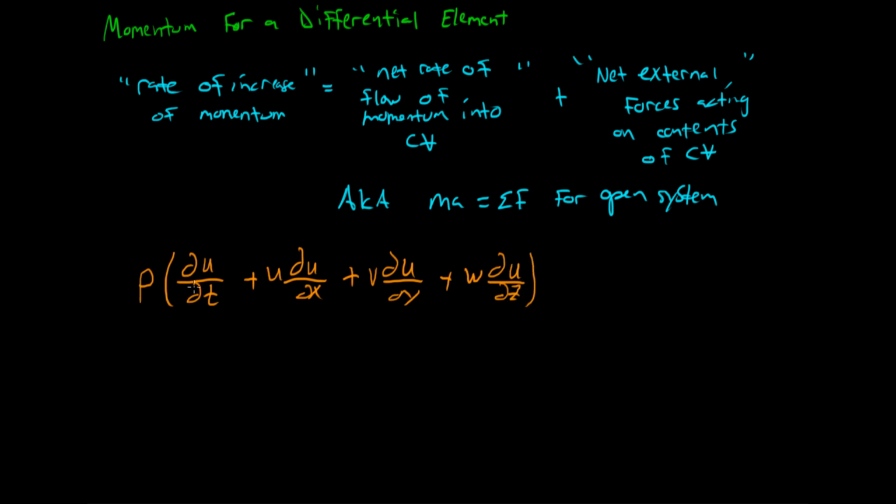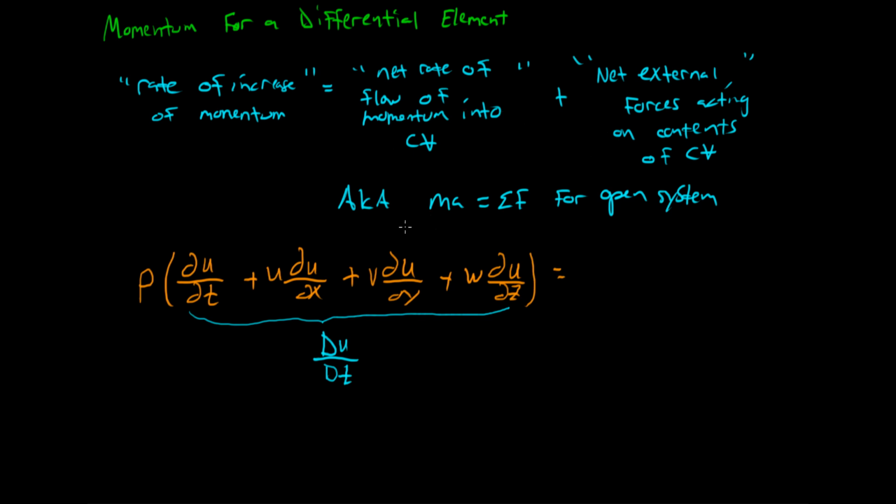What is that? Well, this is the acceleration. Remember, that's also called the substantial derivative. And if we multiply it by rho, that's kind of like mass, although this is all on a per volume basis. And that has to equal